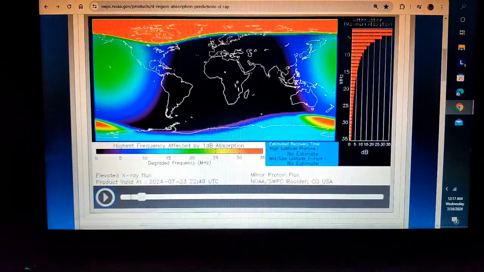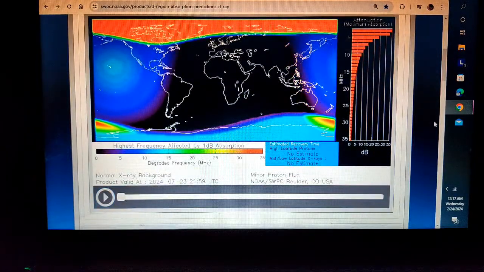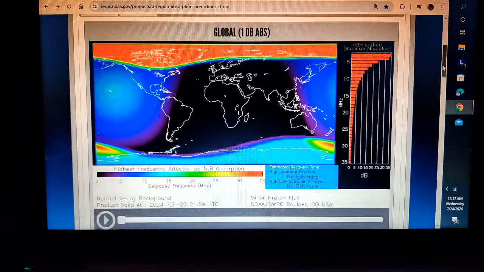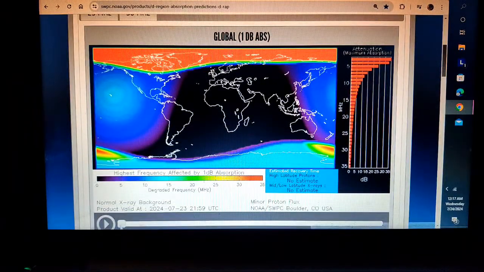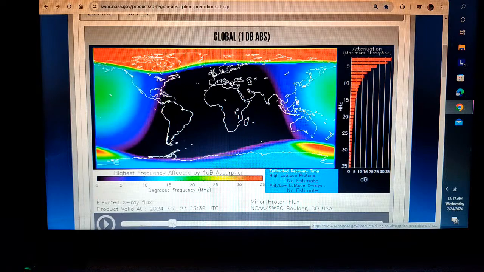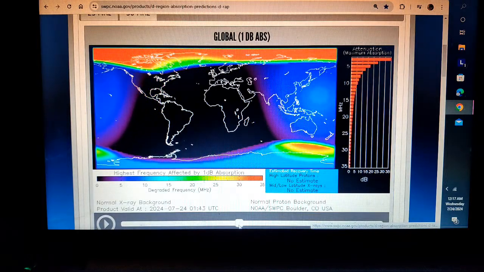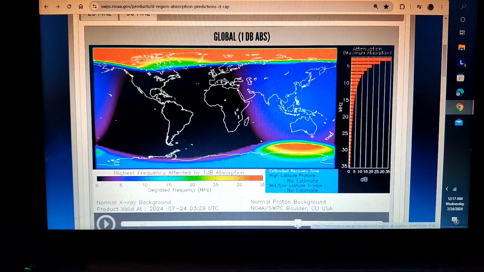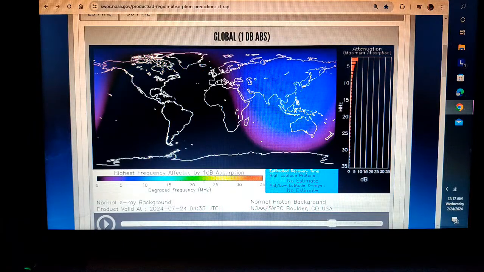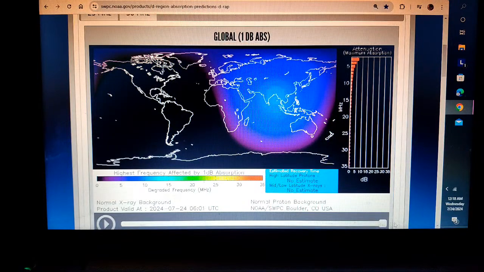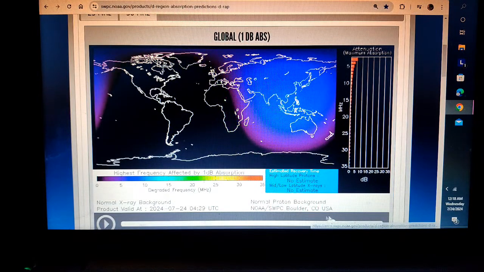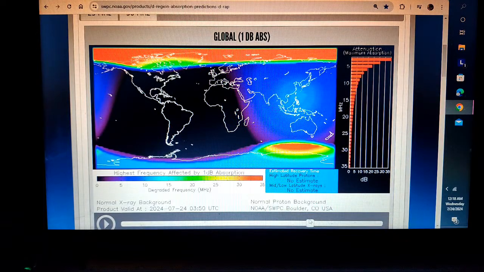Oh, good. It's all loaded up. Let me scooch just a bit better for you. Okay, here we go. So this was earlier today while our event was still underway. And then just within the last few hours, it starts to taper off and peter out. Okay, so that was a pretty good, intense duration proton absorption event.